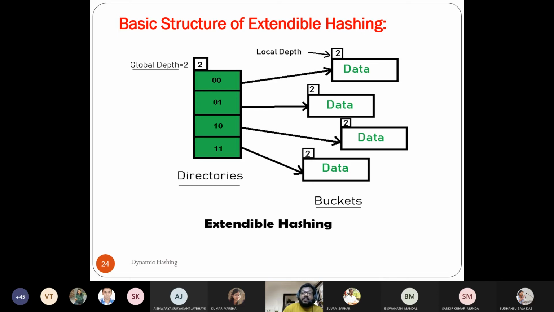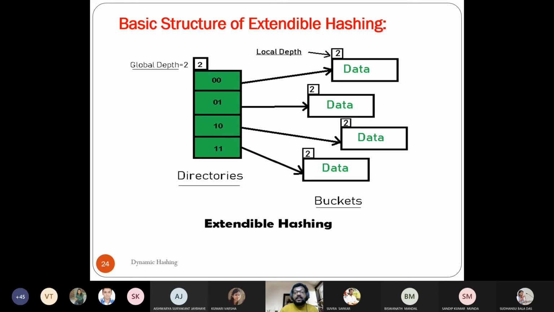I am happy with that. But if more items are coming and I am not able to address them with the first 2 bits, then what do I have to do? I have to change this directory. I have to expand it. After expansion I will find 8 entries, 000 and so on.